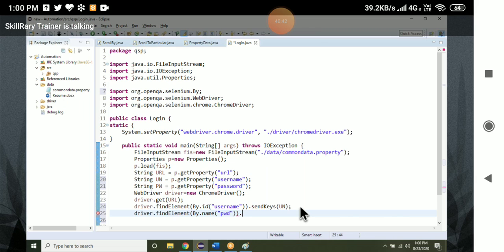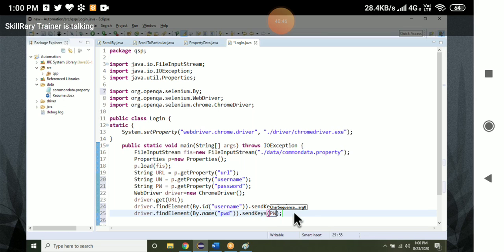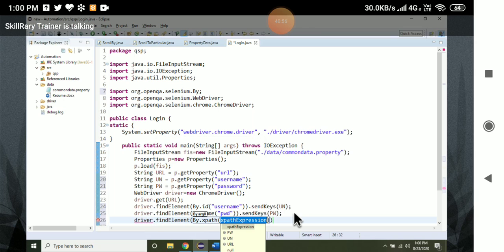Then use dot send keys. Then click on the login button. Driver dot find element by dot xpath, which I have done many times. Double slash.